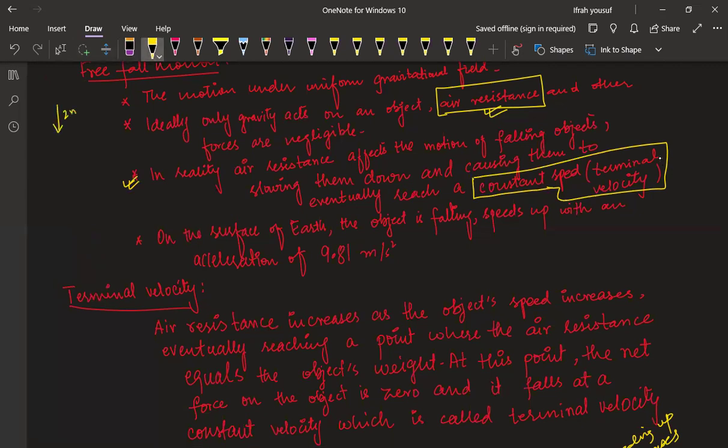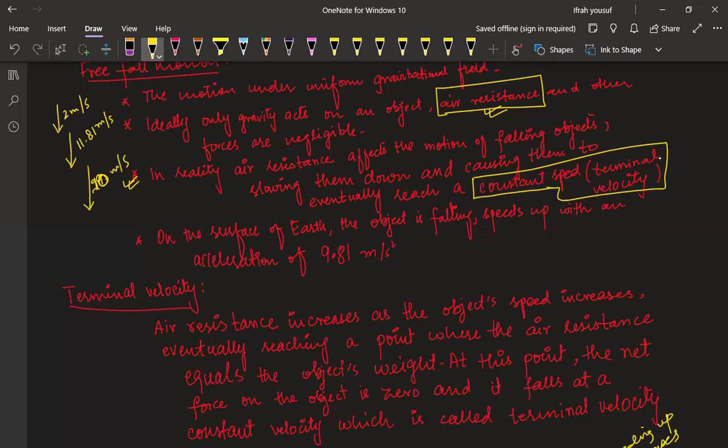Let's say it has 2 meters per second, right? Now, after 1 second, it has increased by, let's say, 11.81 meters per second, right? And after 1 second, it is increased by 8.1, plus whatever the speed is going to be, around 20. Let's say approximately 20 meters per second, okay?